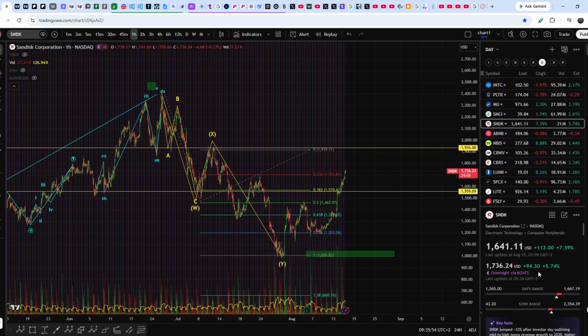And guys, take a look right here at overnight hours. You can see that it is up by almost 6%. And yes, for now, I see that Sandisk is very bullish, and if it is the beginning of a new uptrend, we have to see much higher price targets. But will it be a straight movement to the upside? Well, I have some doubts. And I will show you my forecast within just several minutes, but for now, let's take a look at the